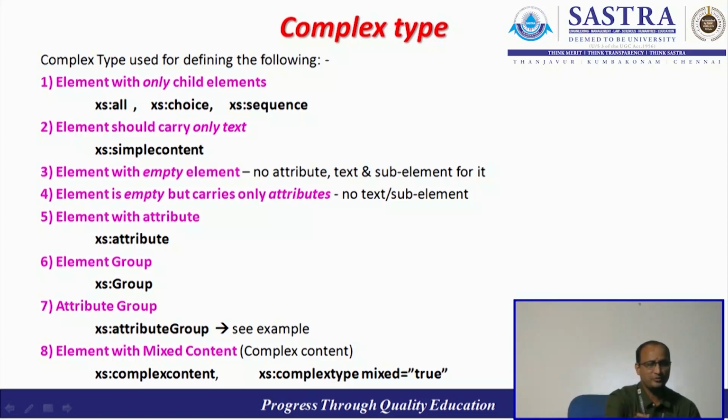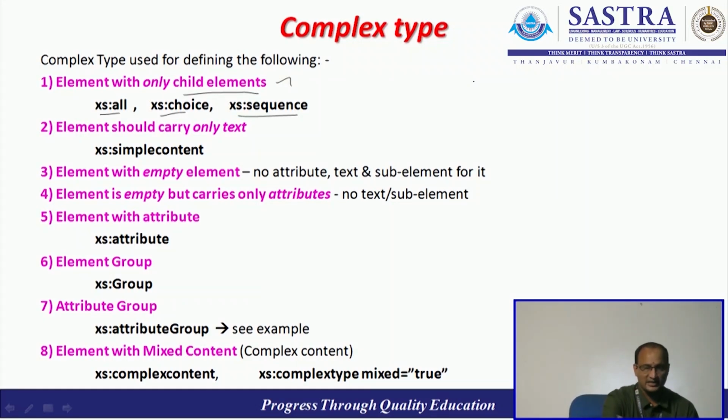The complex type is used for defining the following: an XML document with elements which carry only child elements. If the element carries 1 or 2 or 3 child elements, in the sense we can apply any one of the 3 types of validations. Say for example,